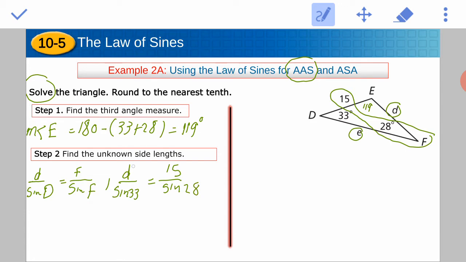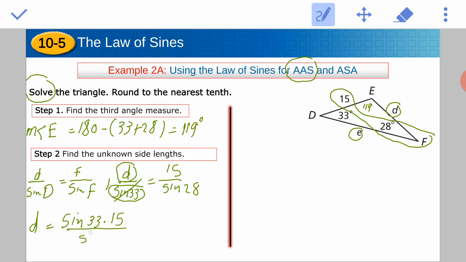Guys, if you want to isolate this d, you need to multiply the two sides by sine 33, because when you multiply this side and that side by sine 33, you can cross out this sine 33 from that side, so you will have d isolated and equal to sine 33. Remember, you're multiplying the two sides by sine 33 times the ratio 15